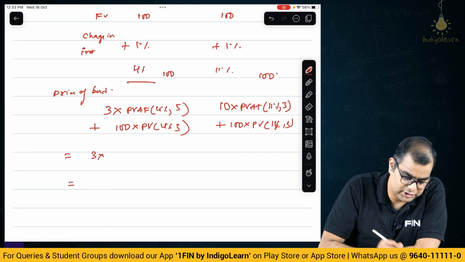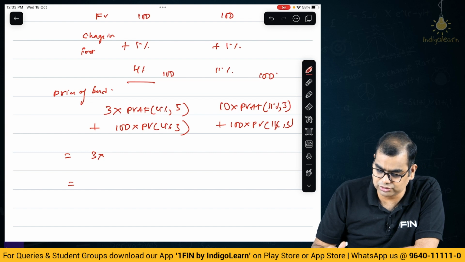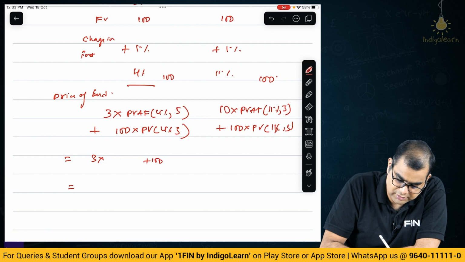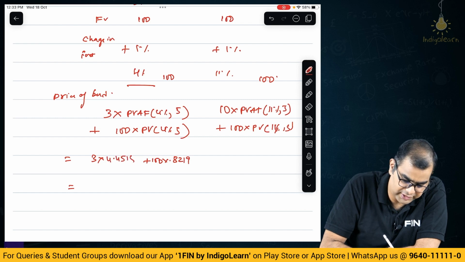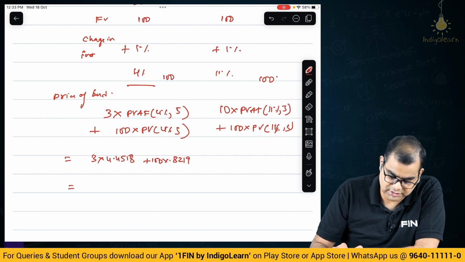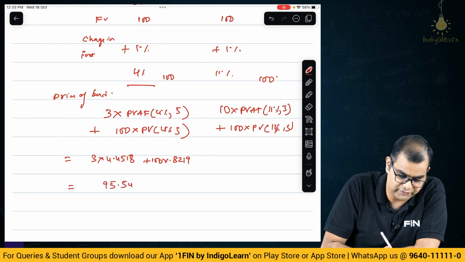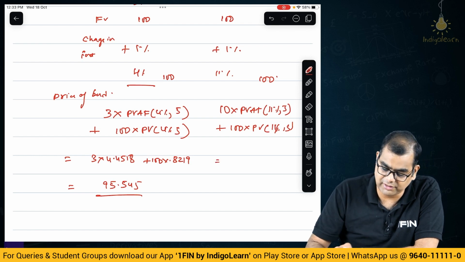This will be 3 into 1 by 1.04 for 5 years: 1, 2, 3, 4, 5. So this will be 100 into 0.8219 and the annuity factor 4.4518 into 3, is equal to plus 82.19. That will give you 95.545. Whereas if you do the same thing for 5 years pricing at 11%, 1 by 1.11 is 0.909,